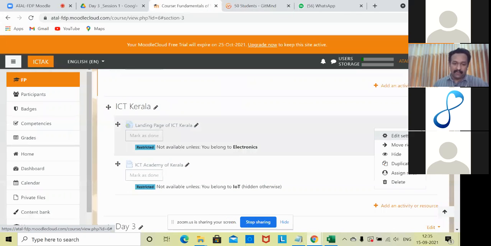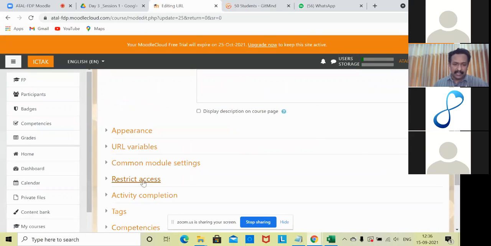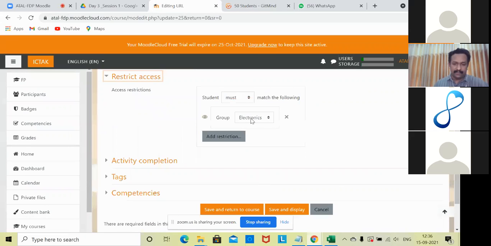What we are going to demonstrate now is that this is a restriction for electronics only.